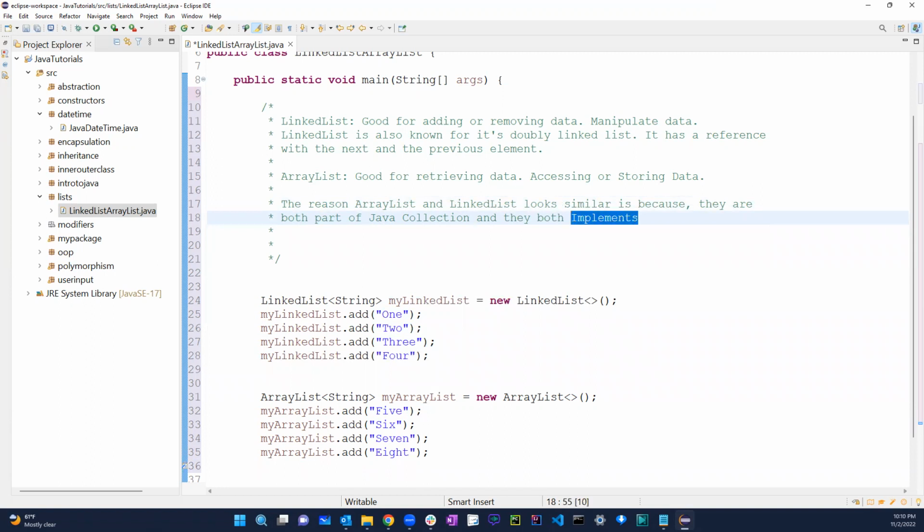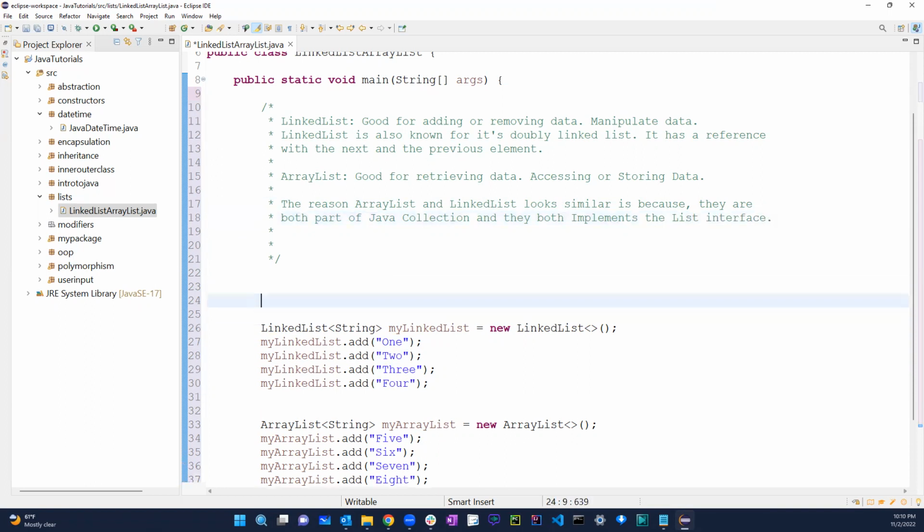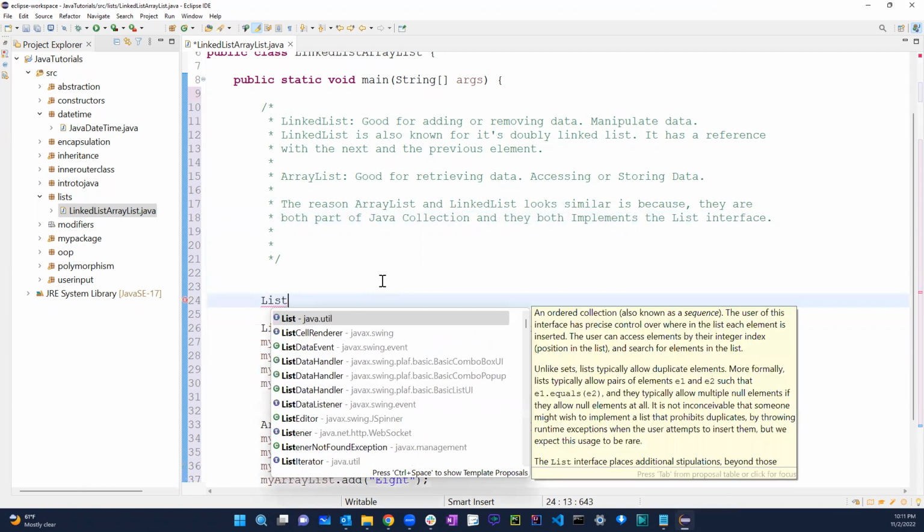Hopefully you guys remember the keyword implements. Okay. What that means is, here, if I just do list over here,